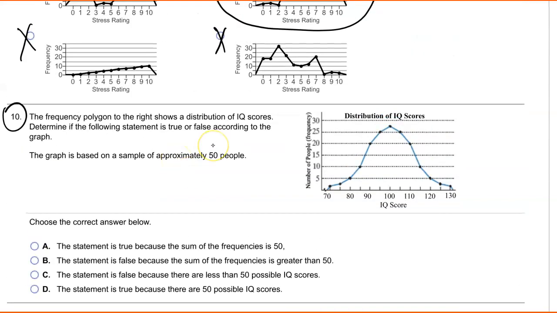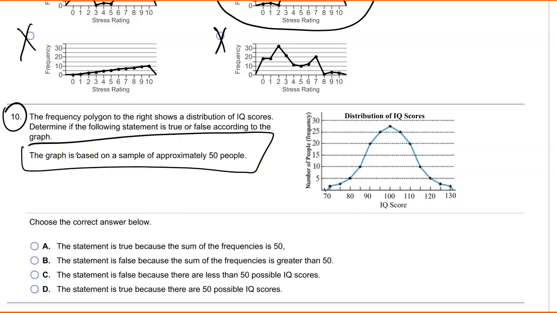Question number 10. The frequency polygon to the right shows a distribution of IQ scores. Determine if the following statement is true or false according to the graph. The graph is based on a sample of approximately 50 people. What do you think? Okay, this is the IQ score. Notice that